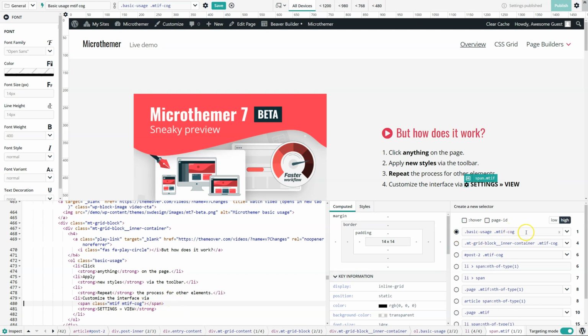And what Microthemer has done is it's chosen the class mtiffcog for targeting. Basically, the difference between the two in this instance is mtiff is used on all icons that are created using a font icon, and mtiffcog is just specifically for this cog. And so Microthemer doesn't know, because it depends on your particular requirements, whether you want to target all the cog items or you want to create a selector that targets any type of icon. So it has an algorithm for prioritizing these selectors, so it's chosen cog over just mtiff,